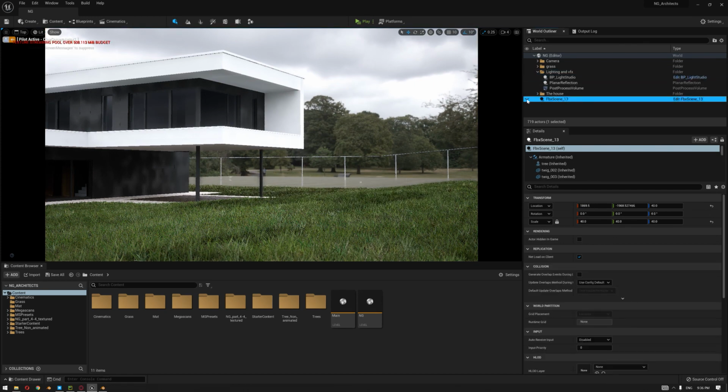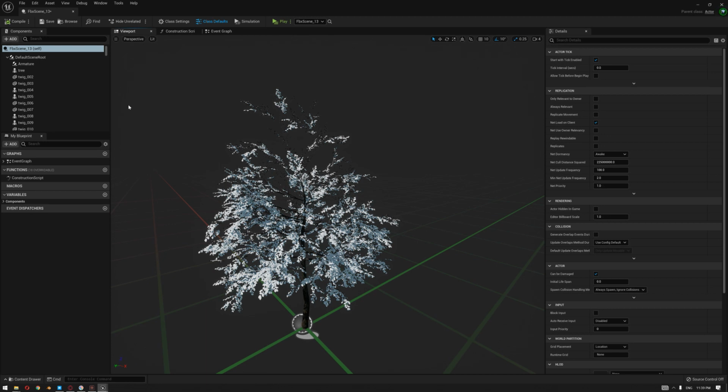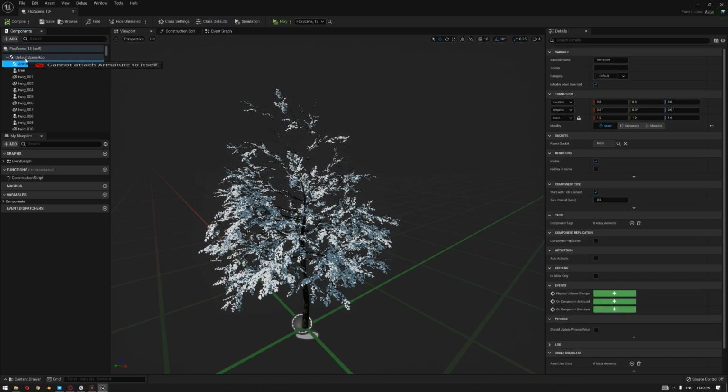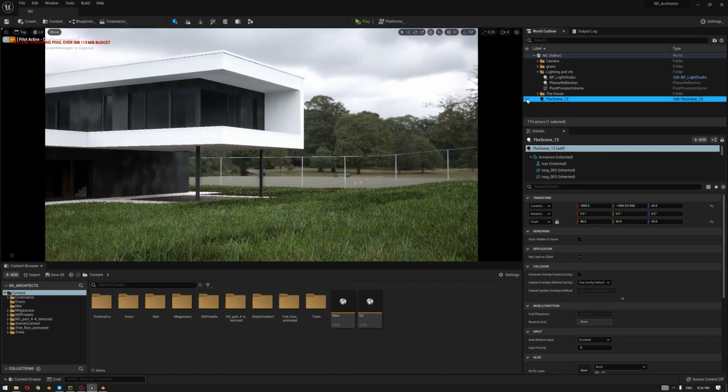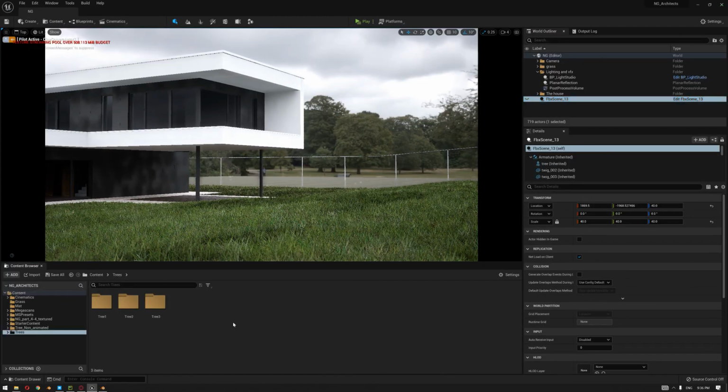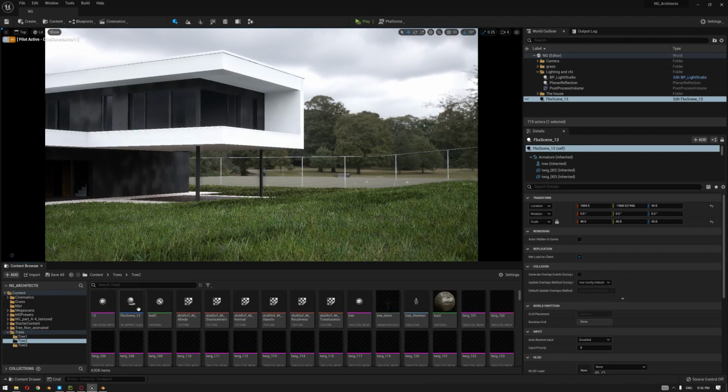So we did that already, but just to give you a heads up, once the import finishes and you have your tree available with all the assets that came with it, it is really recommended to drag the armature on top of the default scene root. So basically the armature will become your root. This will help you to move your tree inside the scene. But before that, let's drag the tree into our scene to see what's gonna happen once you import it in.